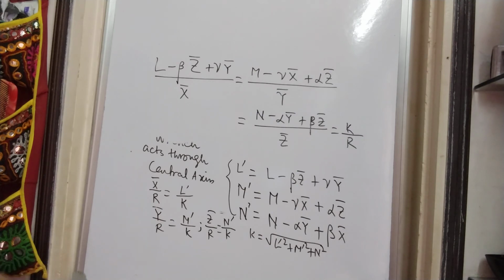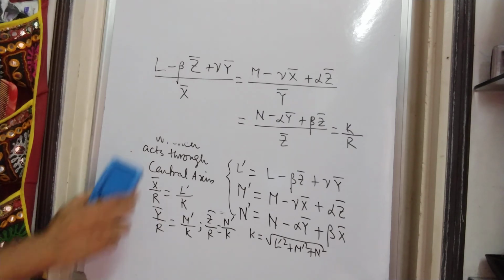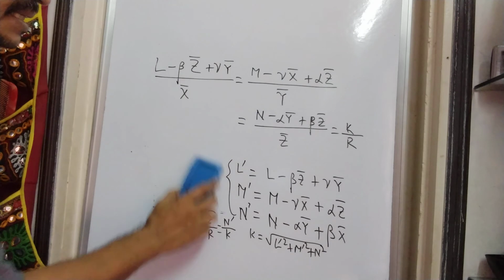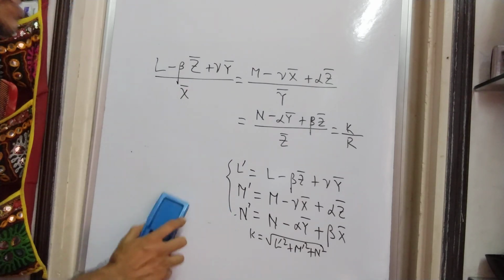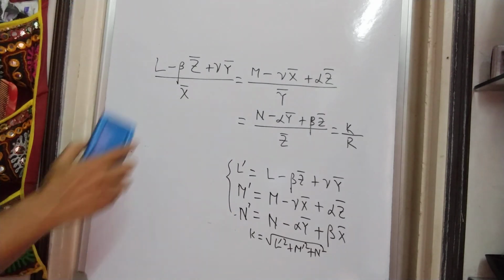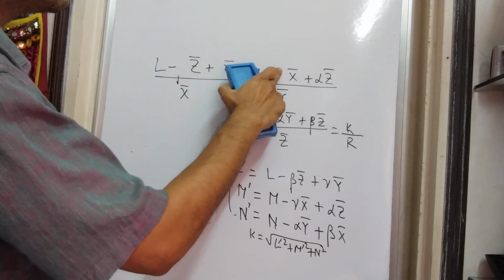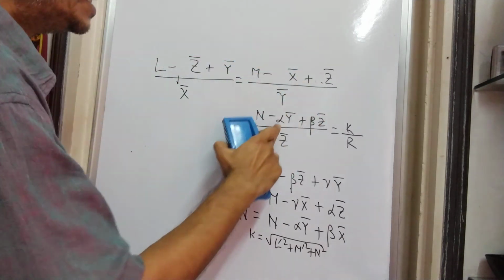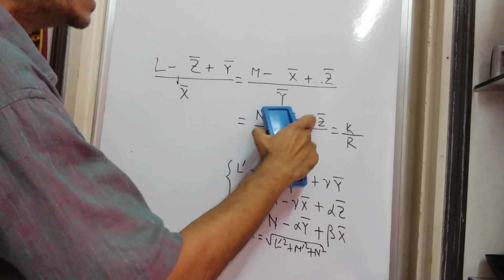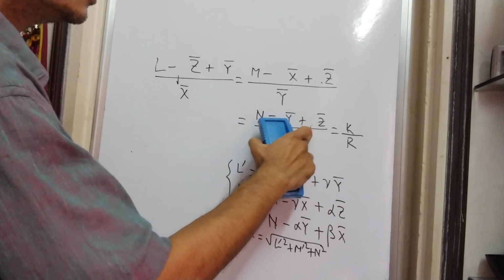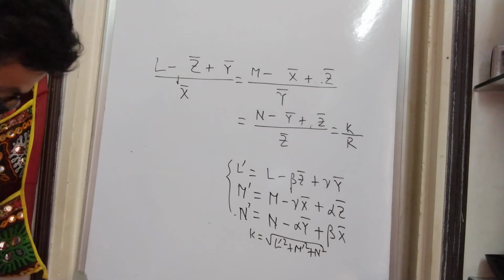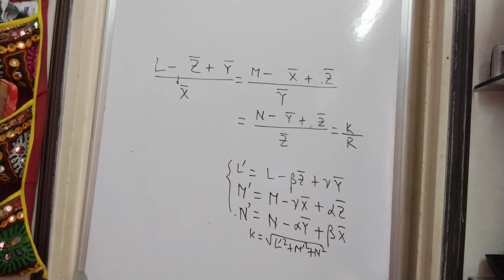Now just take note of a thing, that this is termed as the equation of the central axis. Simply if we replace all these beta, gamma and alpha by the current coordinates, say x, y and z, you see that capital X bar, capital Y bar and capital Z bar are the forces along the x axis, y axis and